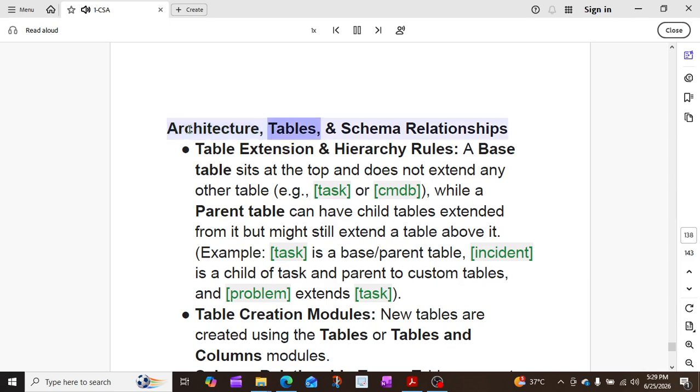Architecture, tables, and schema relationships. Table extension and hierarchy rules. A base table sits at the top and does not extend any other table, e.g., task or CMDB, while a parent table can have child tables extended from it but might still extend a table above it. Example: task is a base/parent table, incident is a child of task and parent to custom tables, and problem extends